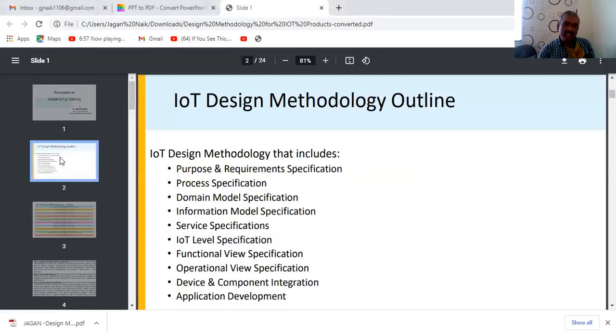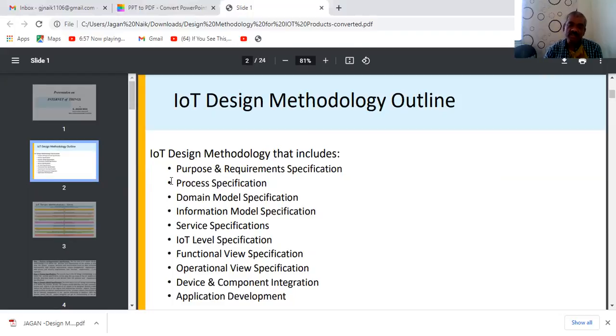So when we are going to design the IoT concept for any application, to any automation, such as home automation, what are the basic points we require? The IoT design methodology steps, in terms of points, is nothing but steps. So there are 10 different steps we are going to perform to design the IoT concept in a design methodology.